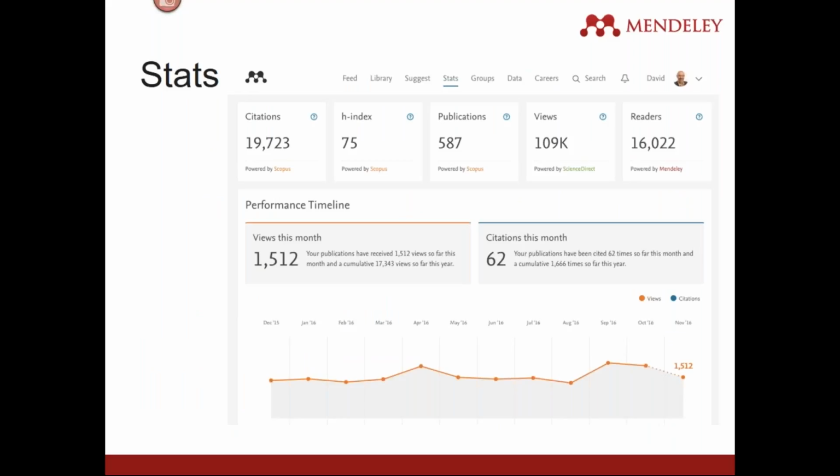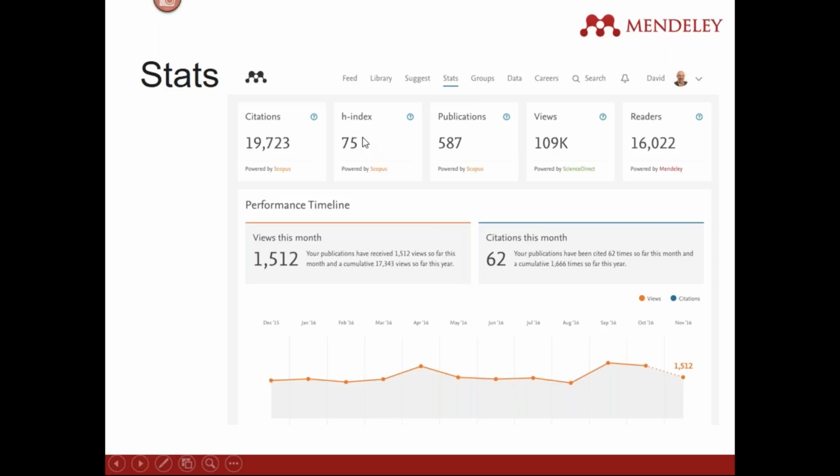this feature. As you can see, Mendeley Stats is basically a tool that allows authors and researchers to quickly and easily understand how their publications are being read, shared, cited, and mentioned. Mendeley Stats helps to show the more immediate performance of the publications from authors. So it provides you information about the number of citations,